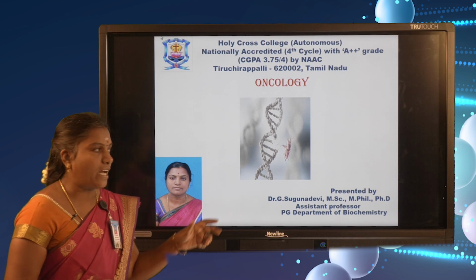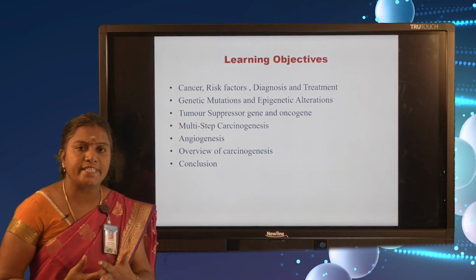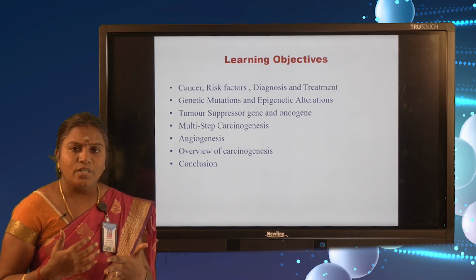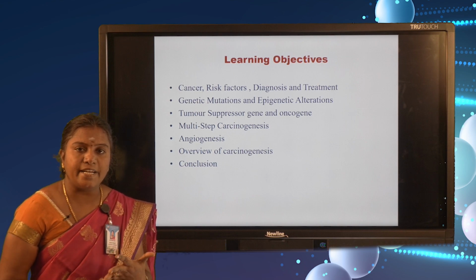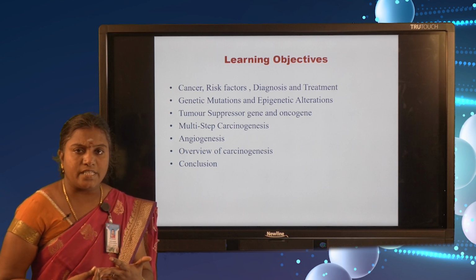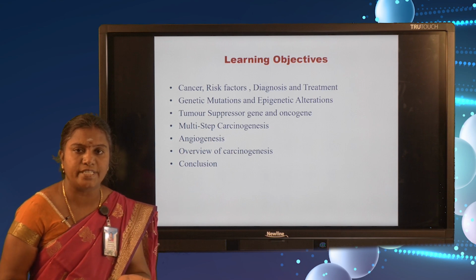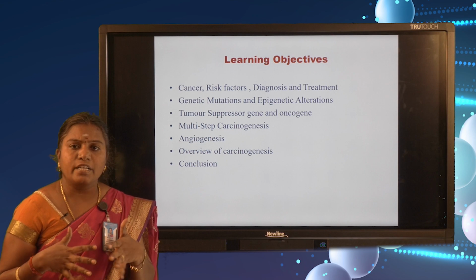How does cancer affect us? Our body has trillions of cells present. What is the role of these cells? They perform the proper functions of our body, such as cell cycle, cell division and so on. If the cells are attacked by radiation or any carcinogen, what will happen after that? It leads to cancer development.